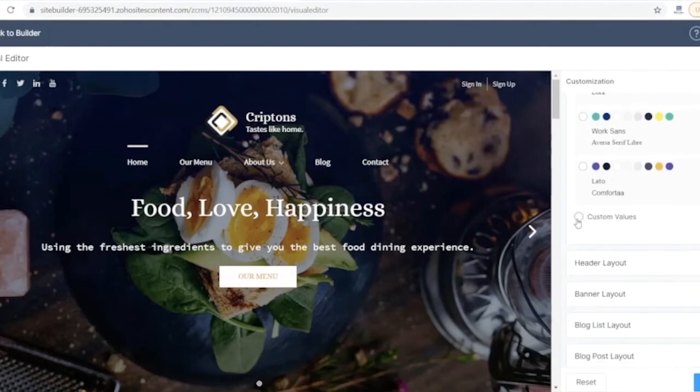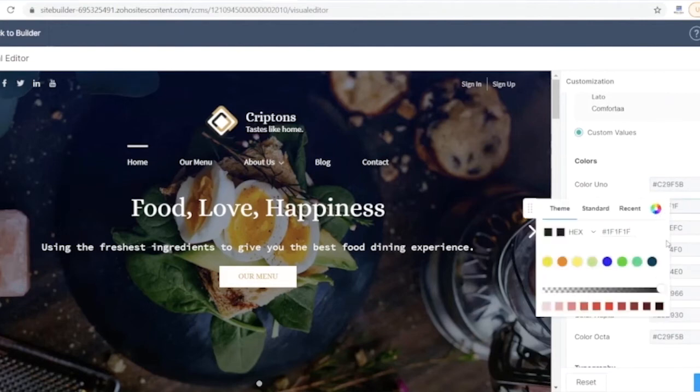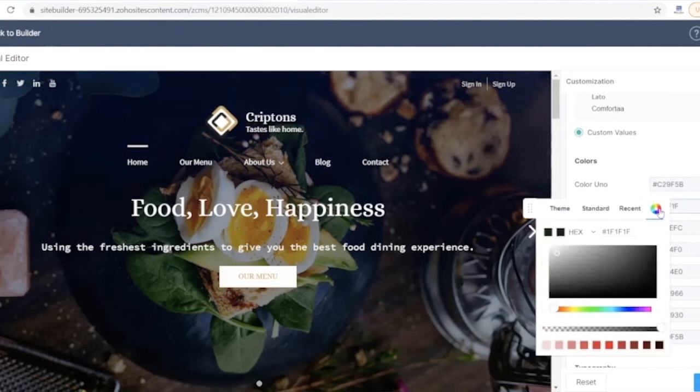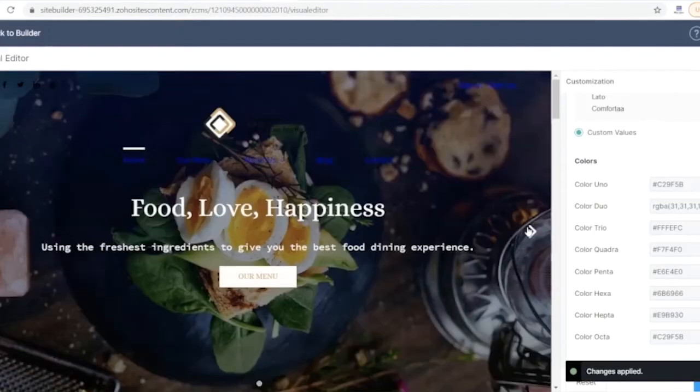So within presets, for example, you have different color schemes, right? So let's say you want to change your color scheme, so you can pick something from here. You can use hex codes, or you can choose any color, whichever way you like. Once you have applied those, these changes happen site-wide. So you can see that this takes a little bit of time, but it gets done very quickly and easily.